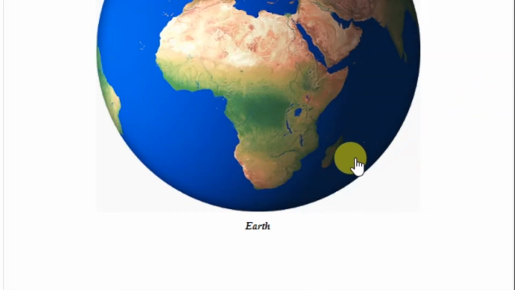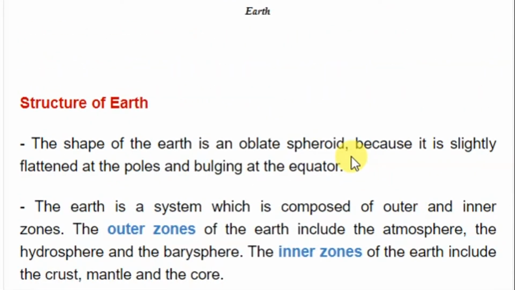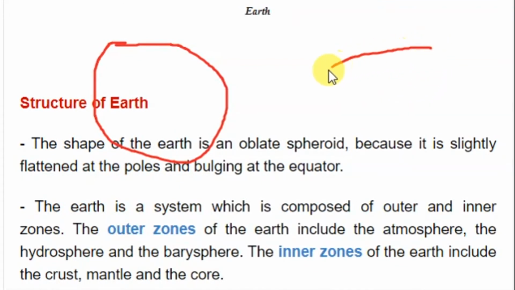Now let's start about the structure of the earth, how the earth is made. The shape of the earth is an oblate spheroid, or it is spherical in shape, but not circular. Spherical in shape, oblate spheroid, because it is slightly flattened at the poles and bulging at the equator. As I said, the shape of the earth is not circular like this way. Rather, it is,